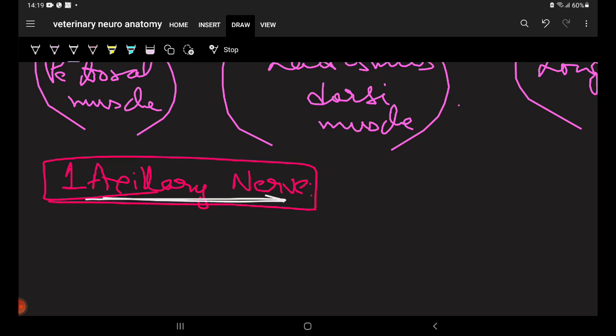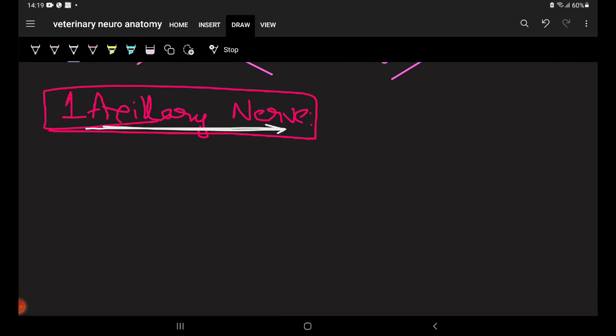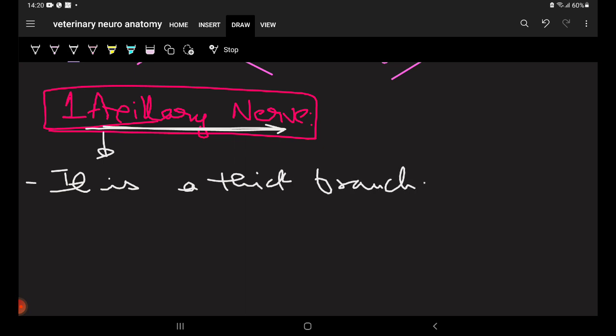Okay, one axillary nerve. It is a thick branch. First we have to remember that it is a thick branch. Axillary nerve is a thick branch, and it supplies to